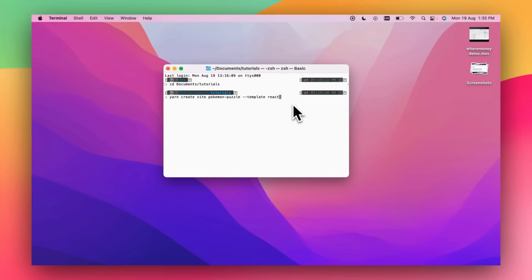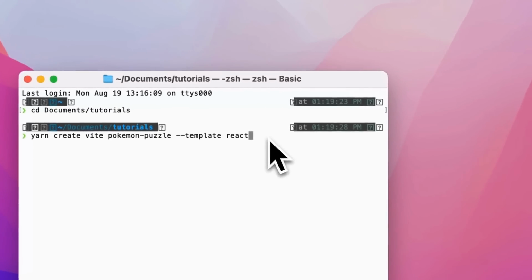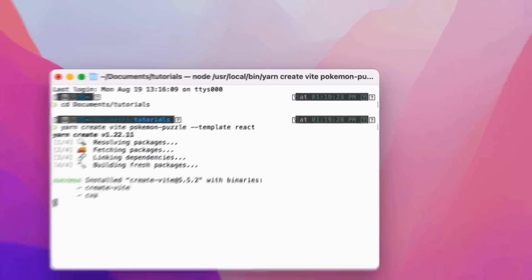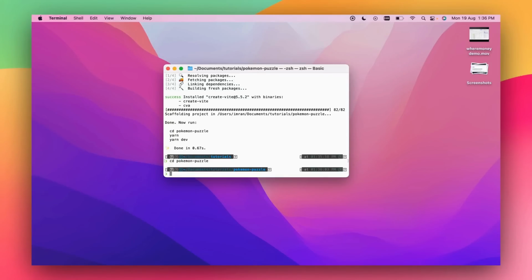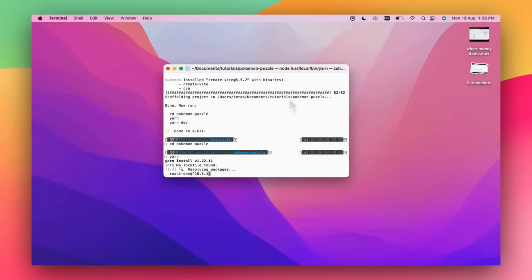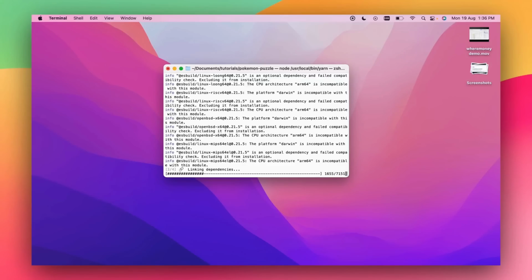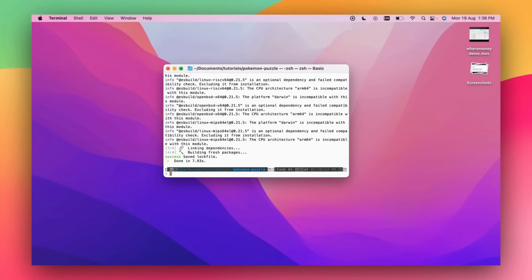So let's begin by creating a new React project with Vite. I'm naming my project Pokemon Puzzle. You can name whatever you like. The project is created, so let's cd into the folder and let's install the dependencies. The dependencies have been installed, so let's open our code editor